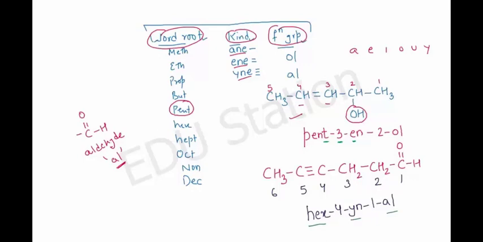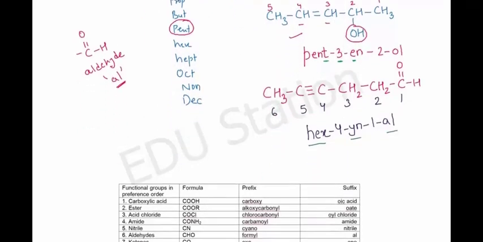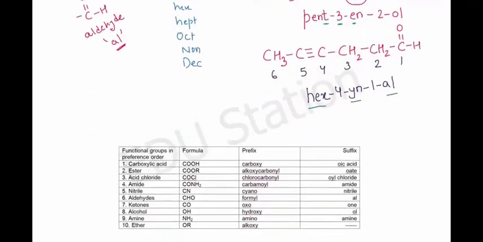Since A is vowel, we have cut the C, so hex 4 and 1 al. This is the name. Now in case we have multiple functional groups, let's say we have to name